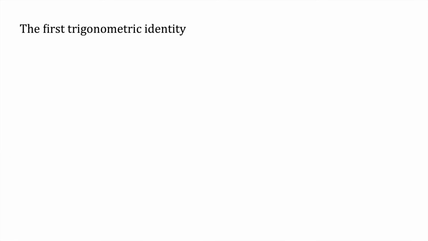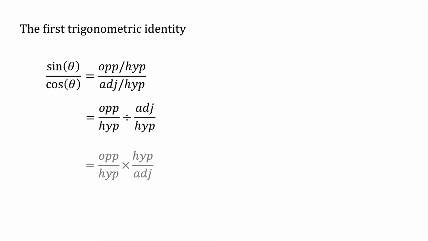Trigonometry has many identities, which are equalities that involve trigonometric functions. We will now look at and prove the first and simplest of all trigonometric identities. This identity is the ratio of sine theta divided by cosine theta. These trigonometric functions can be rewritten in terms of their ratios as opposite divided by hypotenuse, divided by adjacent divided by hypotenuse. This can be rewritten as a division of two fractions as follows, and then as a product of